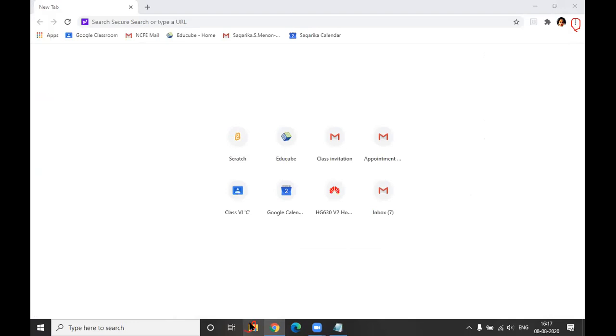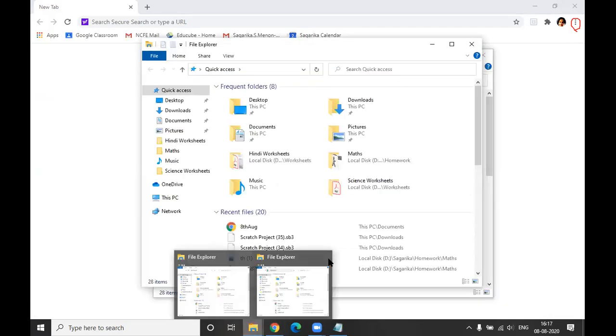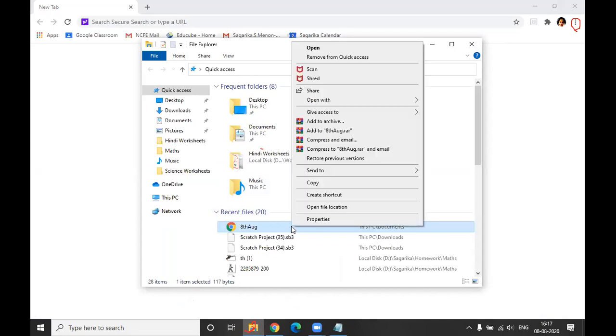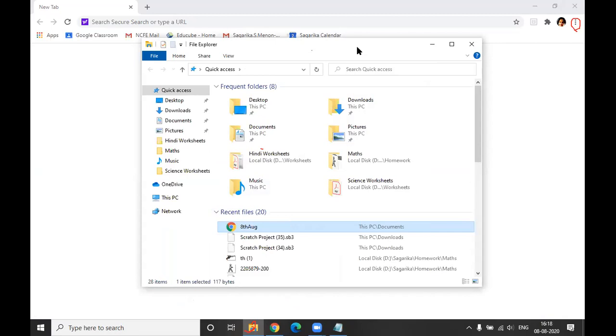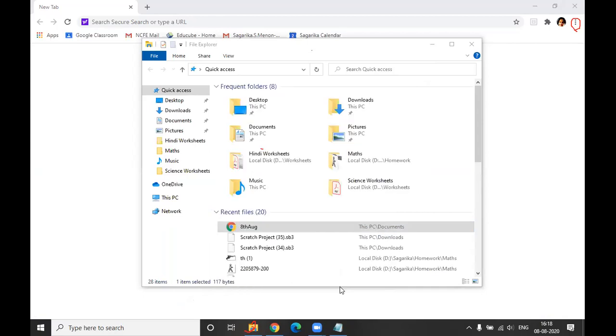It's taking time to load. Probably you saved in the documents. Let's go to the document folder. It's here. Yeah. Now just right click on this particular one and say open. Yeah, first one. Let's say open.